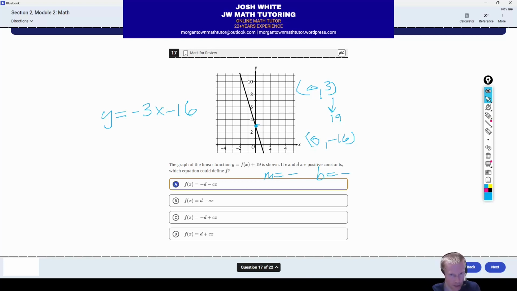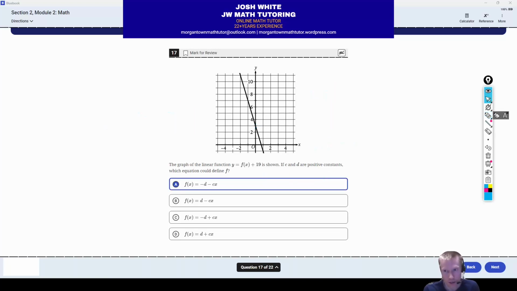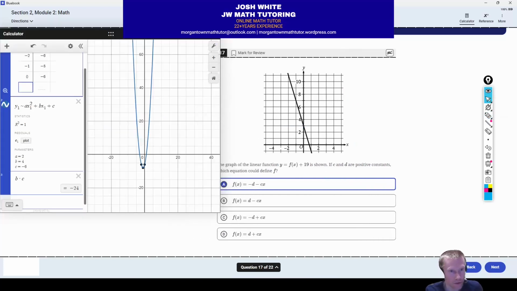And you could plug in the numbers here just to confirm that. However, an alternate way that you could do this is you could get the actual equation of the line, and I'll just show you quickly how we can do that. And then it'll be a little easier to see it as well. All right, so if we go to Desmos,